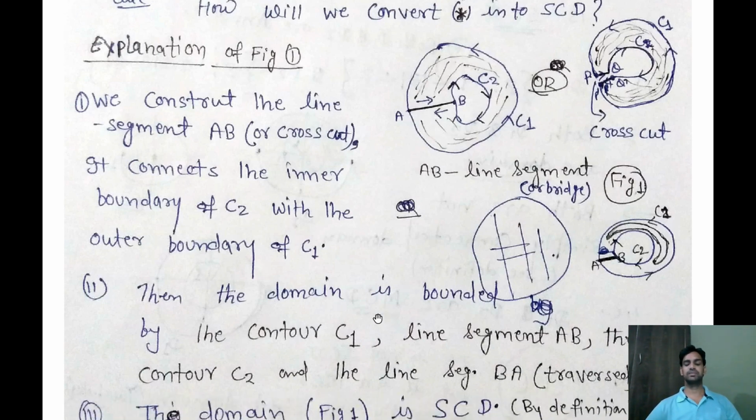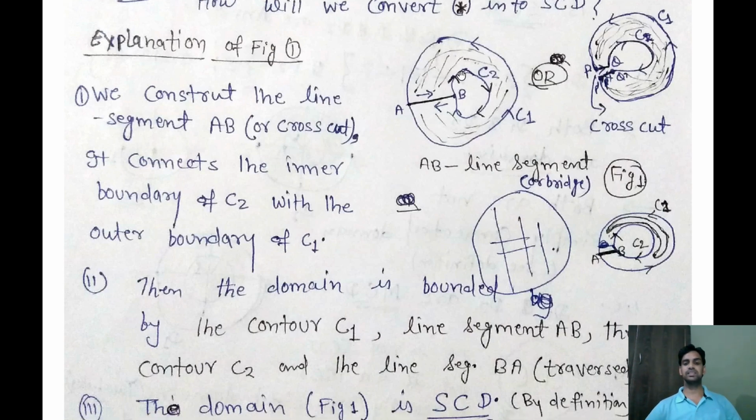We can see here this explanation, and we are going in reverse. The line segments AB and BA both have the same length, but BA is in reversal. Now, if we take another way, either we can draw a line segment, or we can say this is a bridge, and in some other books we can see they are taking a cross cut. How? Take a ball and insert a needle inside the ball, then take it out, then in the ball you will get one hole. So after all, this type will come.